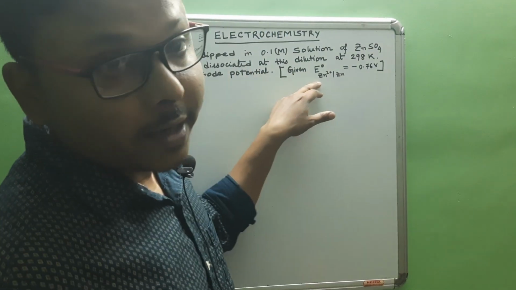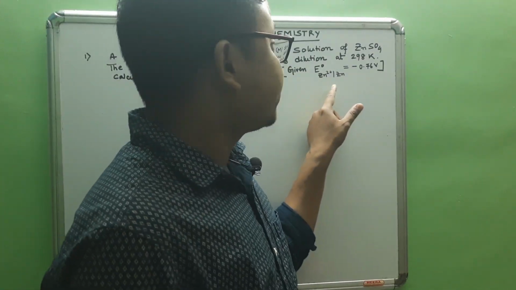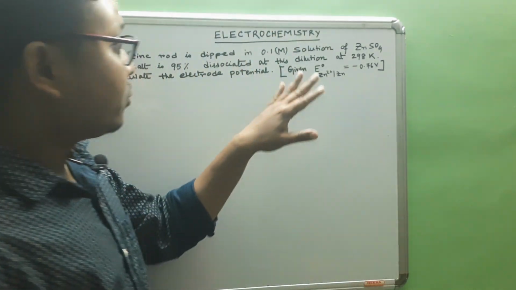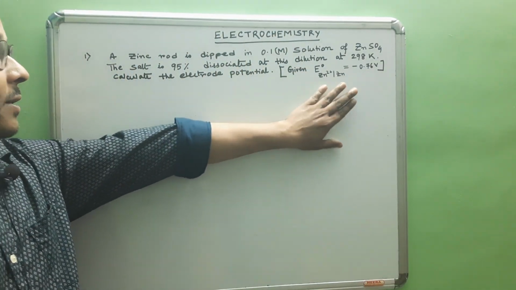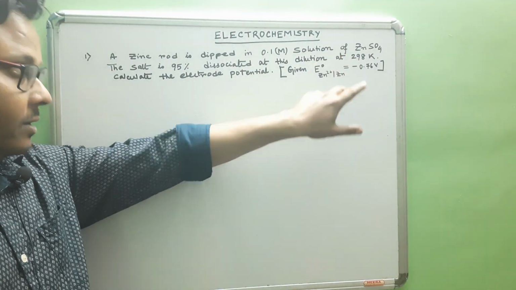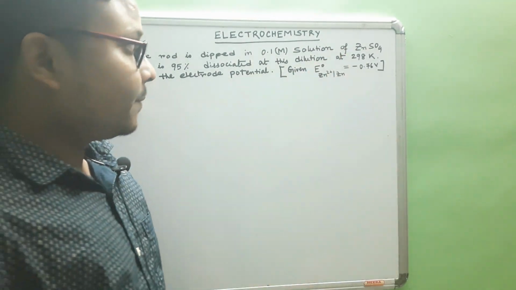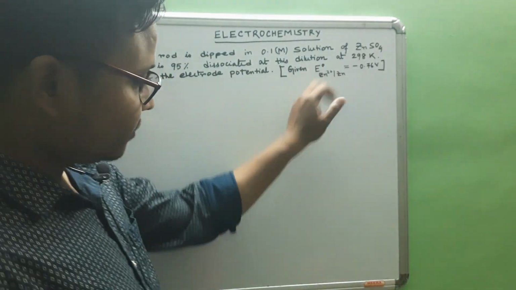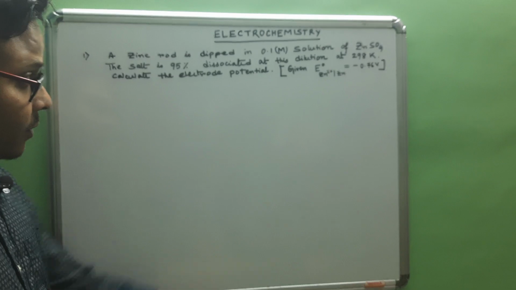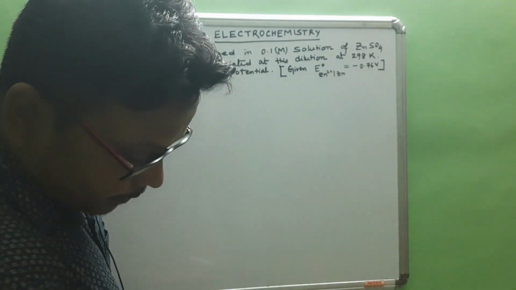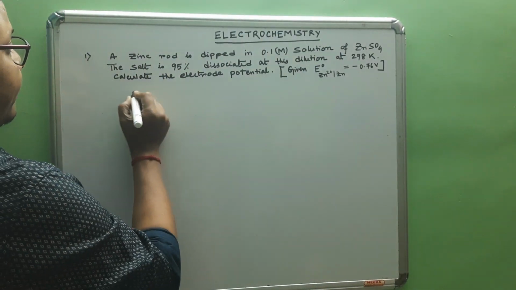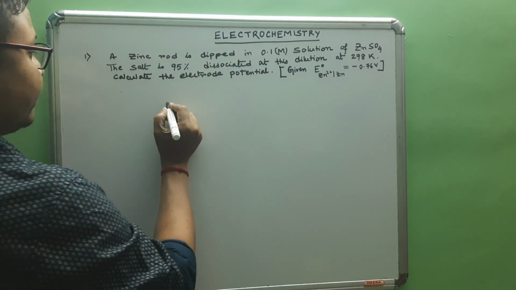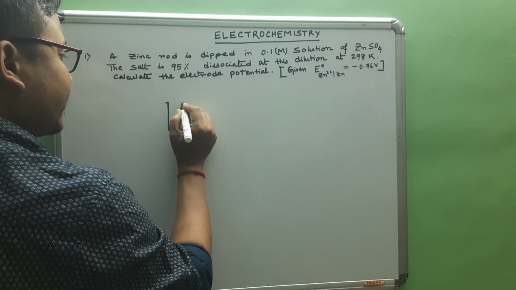this sign signifies the process is Zn2+ to Zn, mind it. So given standard E0, meaning standard electrode potential, is minus 0.76 volt. So this process is not feasible because the E0 is negative. So the process here, when a zinc rod is dipped, there is a solution